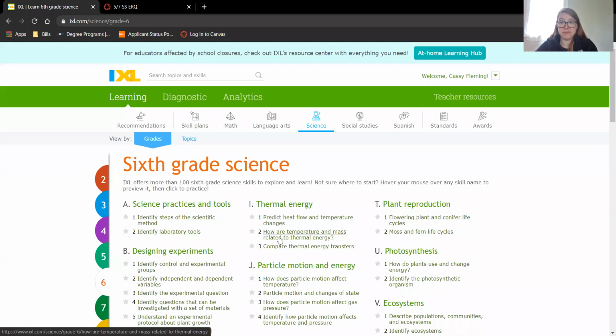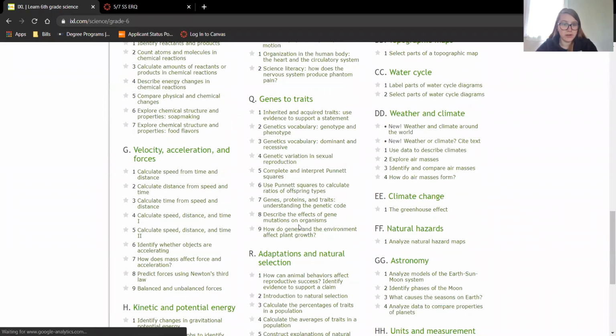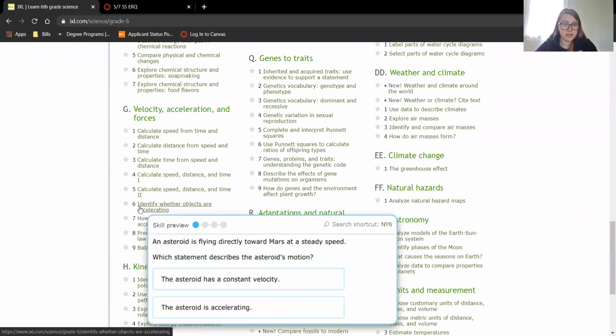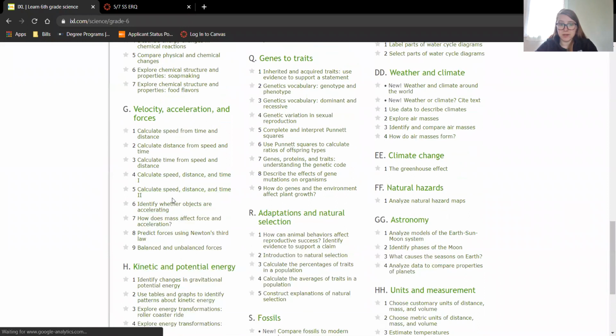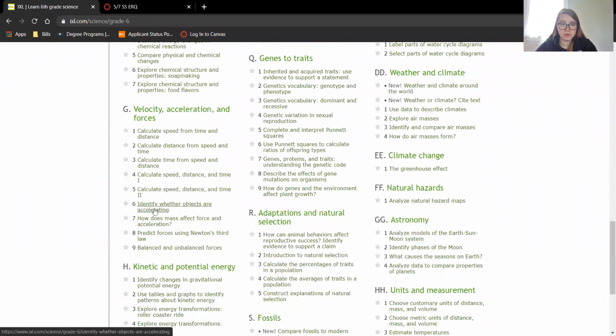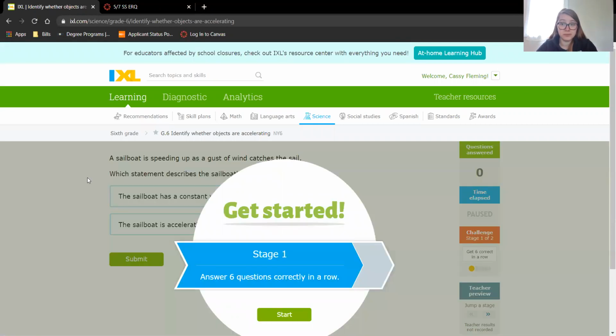We are going to be doing another activity, another part of G on IXL. So far we've done 1, 2, and 3, which were how to calculate speed, distance, and time. Now we are going into G.6, which is identify whether objects are accelerating. I skipped 4 and 5 because we've done that already and it's just more practice of different things, so I figure I'll show you something else as opposed to doing the same thing. So without further ado,